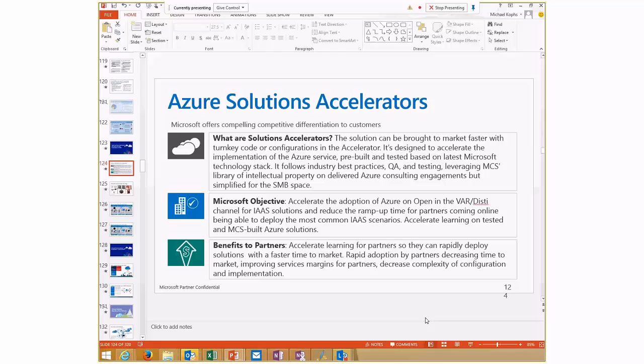Whether it's Microsoft solutions on Azure, or trying to set up a hybrid cloud with Azure, creating that VPN connection up into Azure. A lot of times our partners